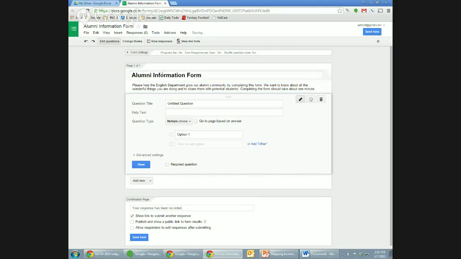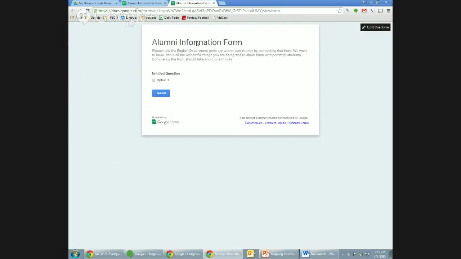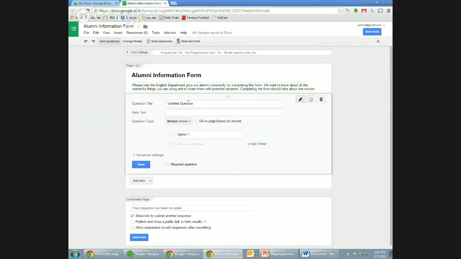So there is our title and description. If you click View Live Form at any point, it will give you a live demo of what the form looks like. And you can see we've got a built-in question, which is right here. Before we do that, here on the confirmation page, whenever someone finishes their form, it will give them this reply: